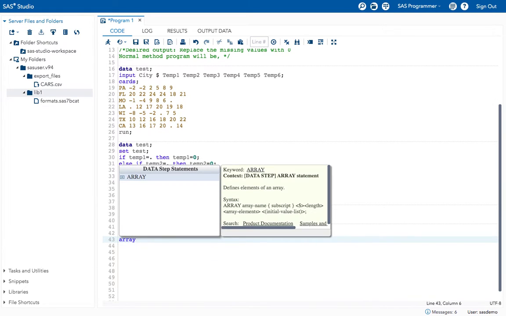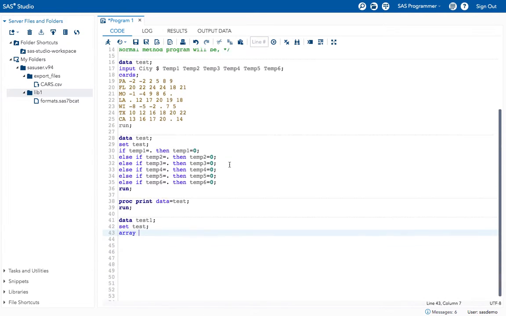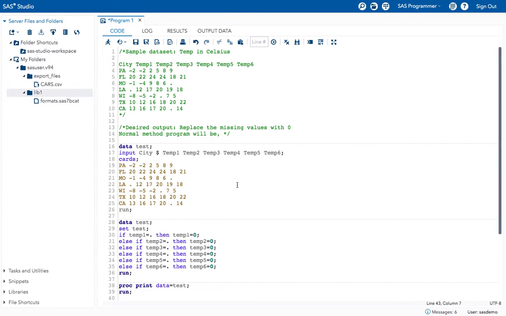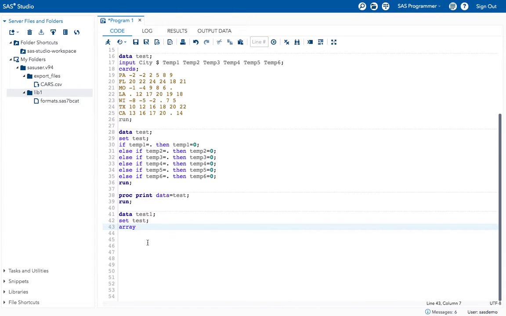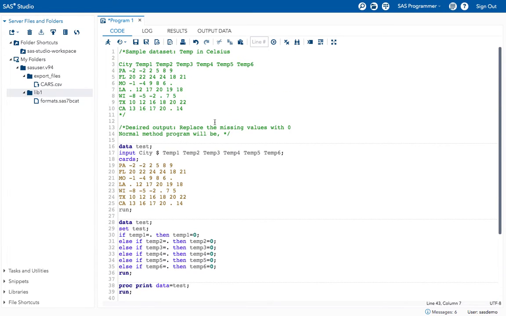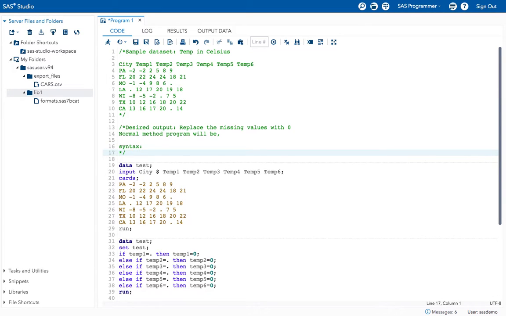Array, and what is the syntax we are using here? We are using array and array name, right? So what is the array name? The name is a name you give to the array. Let me write the syntax for you here.